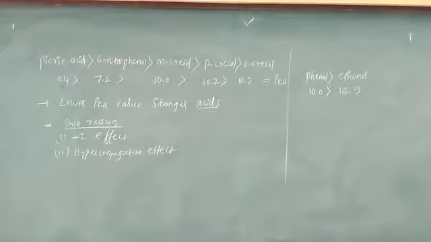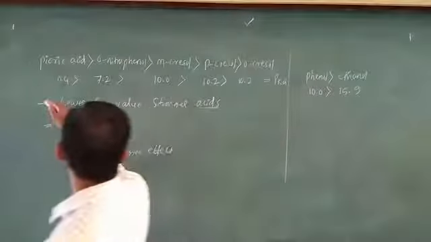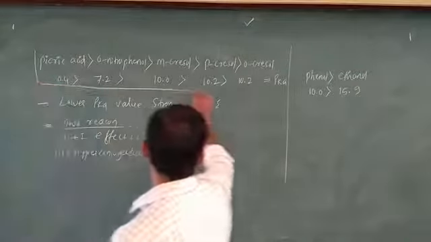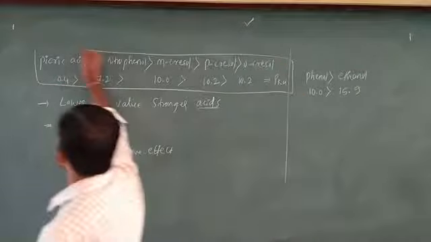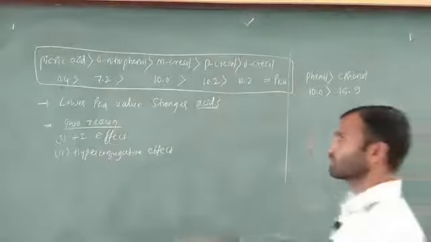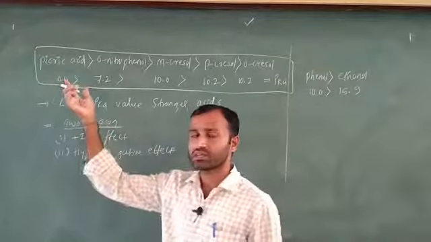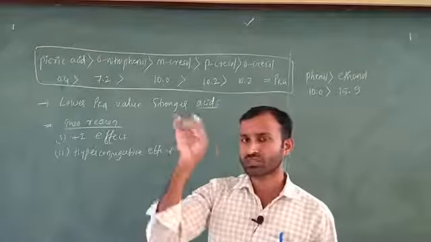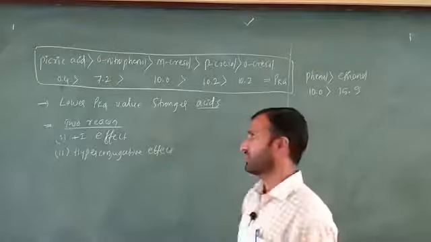Okay, friends. The next one is what? One order is there. This is the most important order. Make it practice. This question was asked in entrance exams. Here, the first one is picric acid. Picric acid means 2,4,6-trinitrophenol.